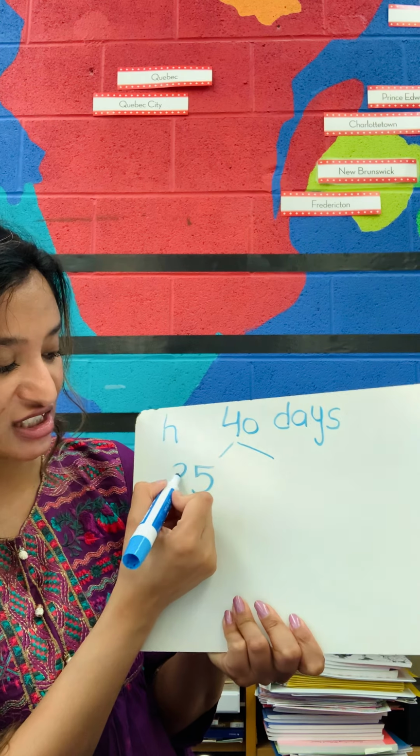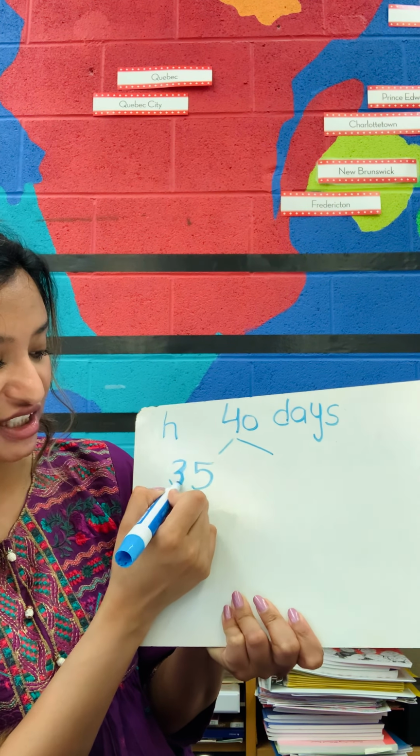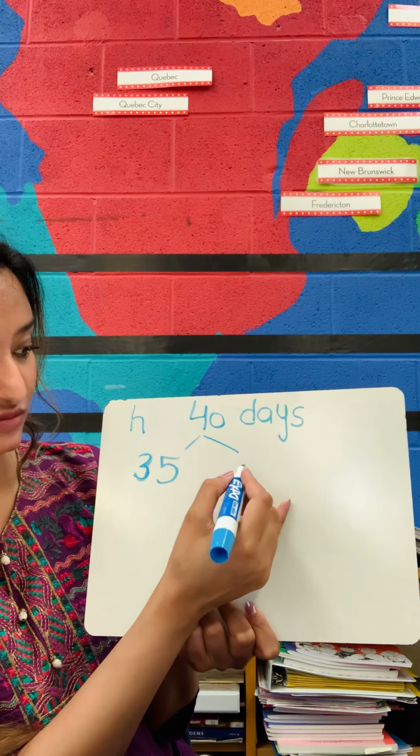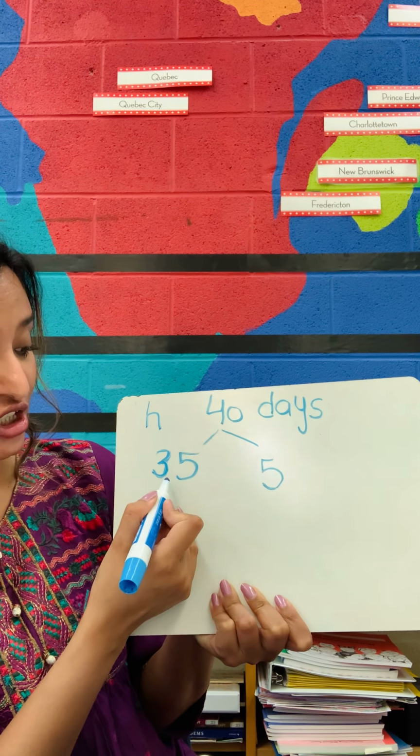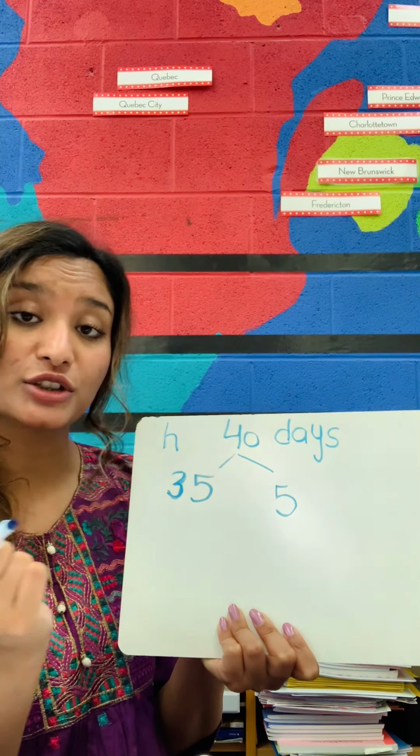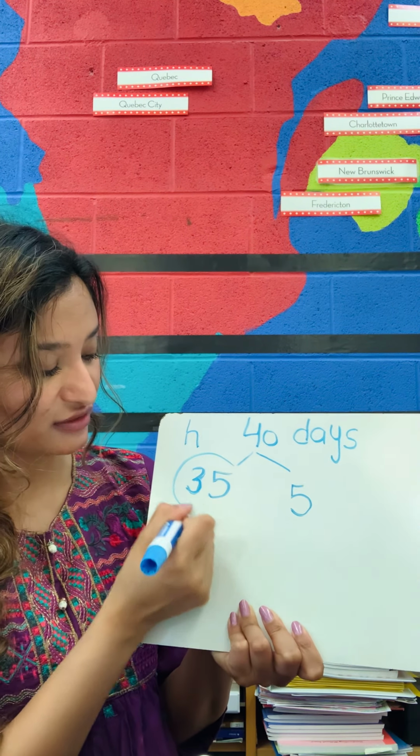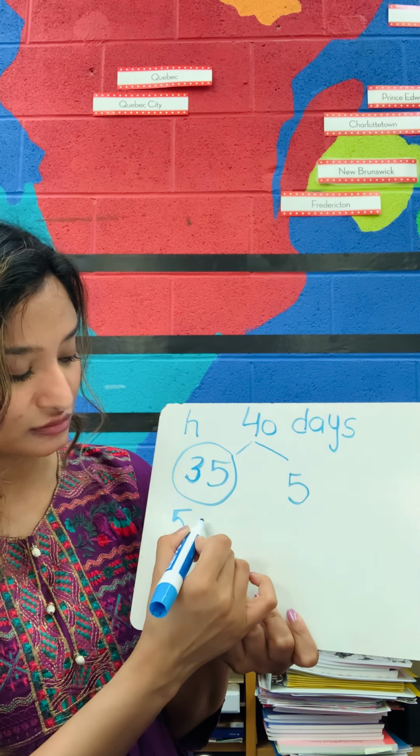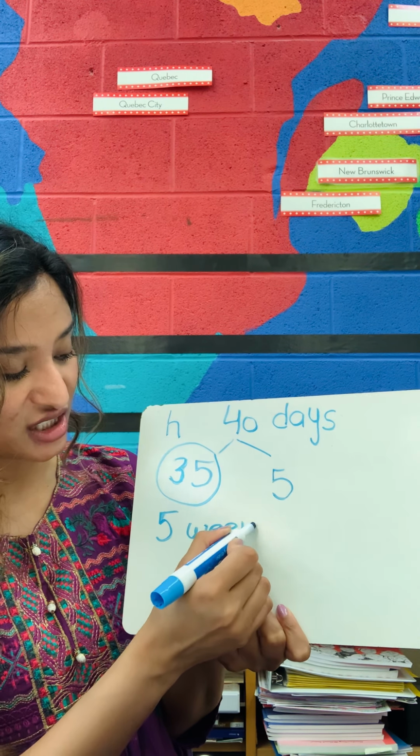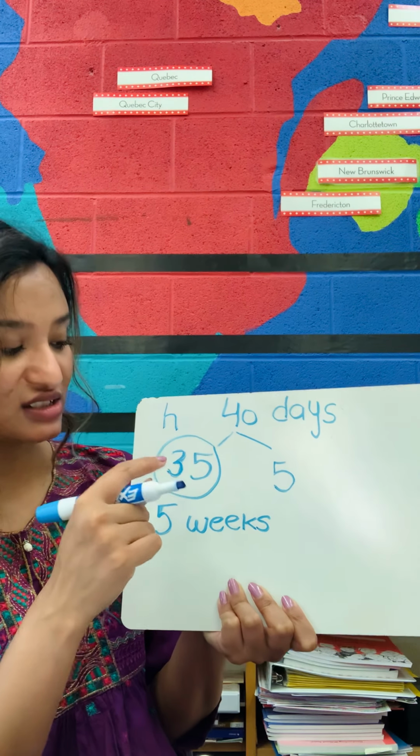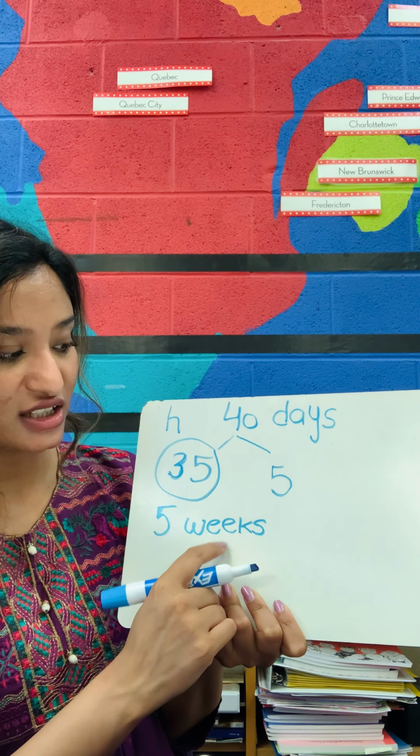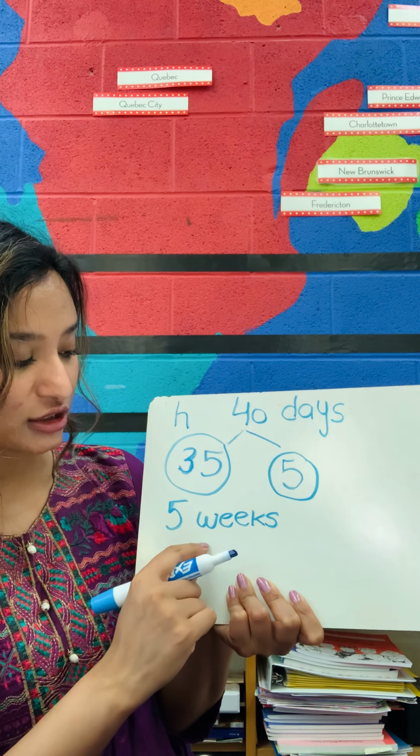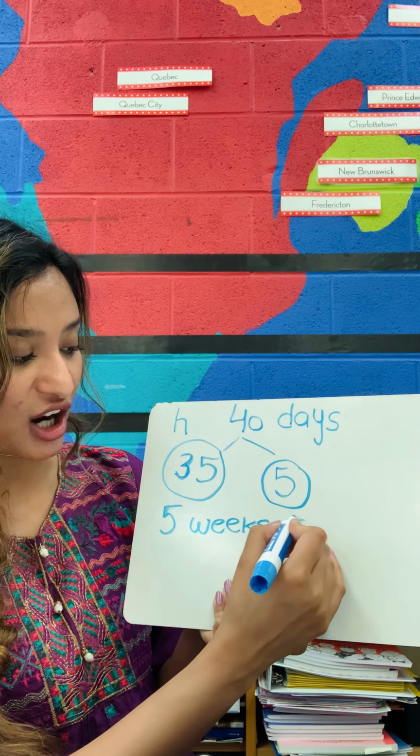So 35 days, first of all. Let's take out 35 days. And what are we left with? 40 take away 35 gives us what? 5, right? Now, I just told you that there are 5 weeks in 35 days, right? So that means 35 days equals 5 weeks, and then we are left with 5 days. So altogether we have 5 weeks and 5 days